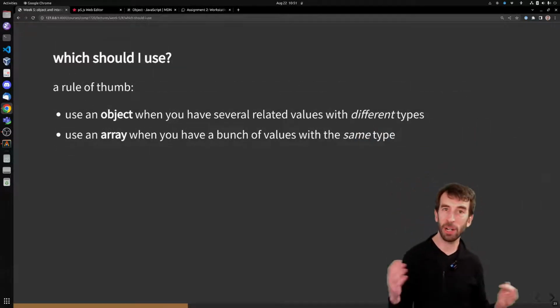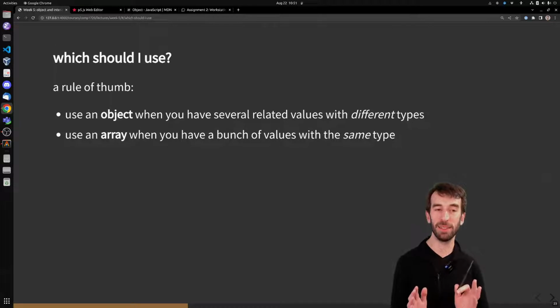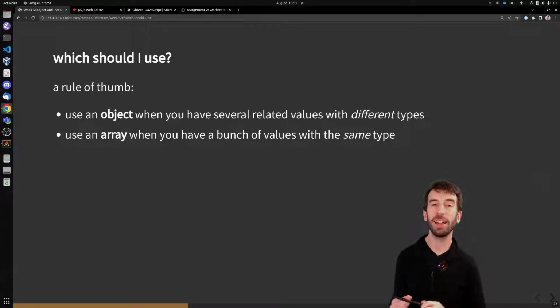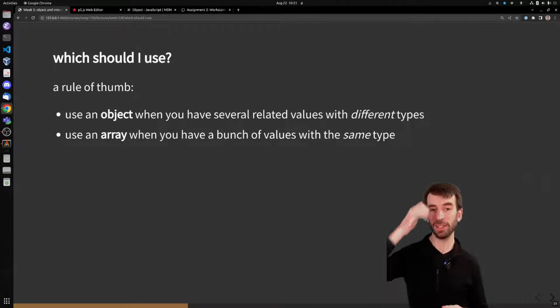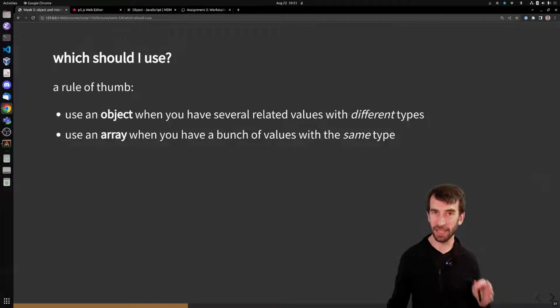Rule of thumb, use objects when you've got several related values with different types and that you want to have names for them. So the make, the model, the color, and the mode of a watch are all separate types of data, and they have a name attached. When you've got a bunch of things that are the same and they don't need specific names,